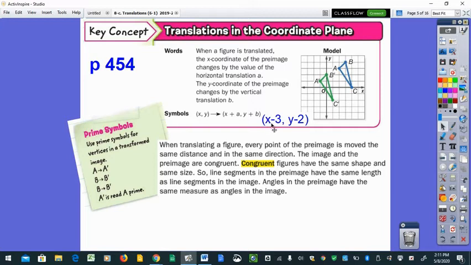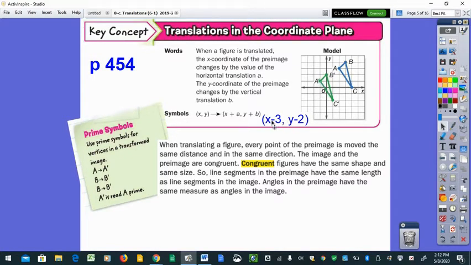So if you're talking left, right, you're going to connect it to the x variable. So you're going 3 to the left, you would take the x coordinate, whatever it was, and take away 3. So the x coordinate here, notice, is 2. If you take away 3, you get -1, and notice the x coordinate of your new A prime is a